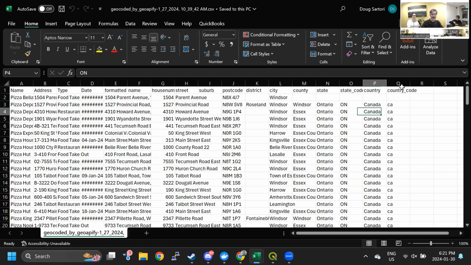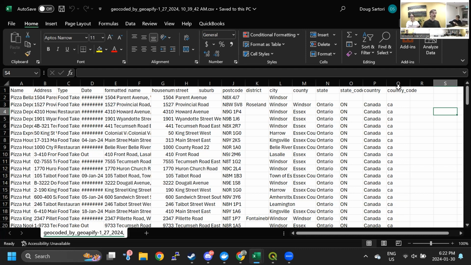Some stuff that's missing, I will maybe look at that file when it's finished downloading. Geocoder indicates the data source, so it actually looks in multiple data sources, including OpenStreetMap and other sources. And it gives you a confidence interval for the geolocation. And that's really useful because what I found when we did this work is that there were a number of